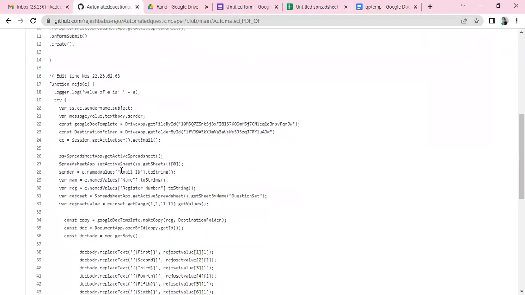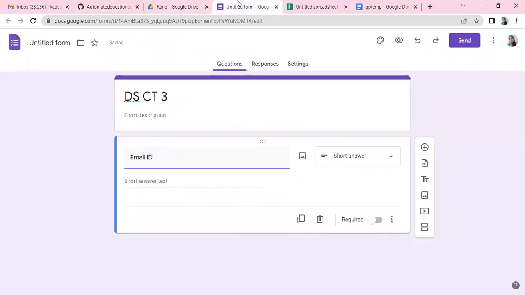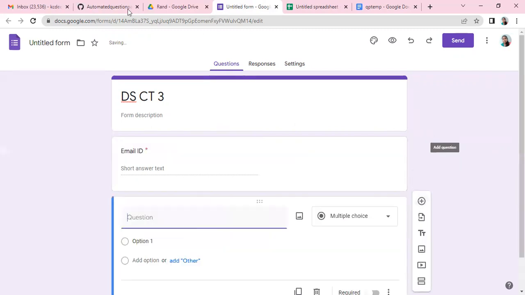I need to collect the email ID, name, and register number. So it is better to use the same component as it is. When it is email ID, email with E in caps, space, capital I, capital D, without any space. It is a required field. And